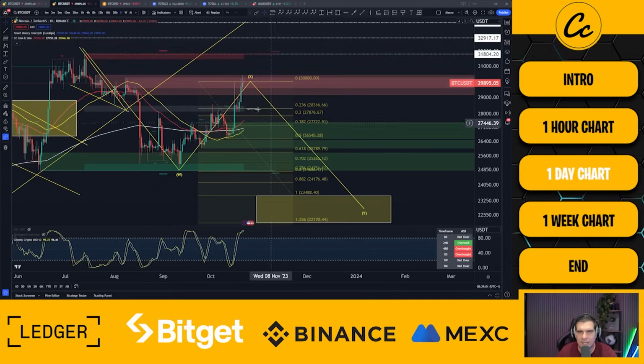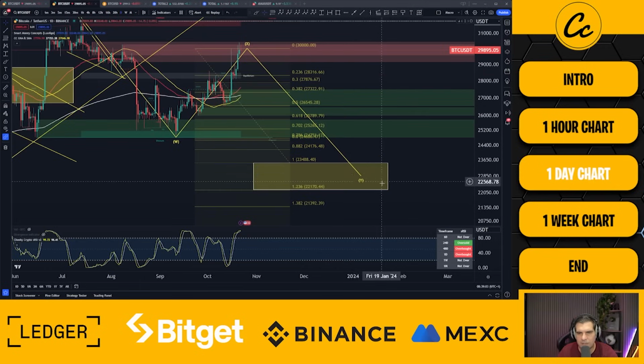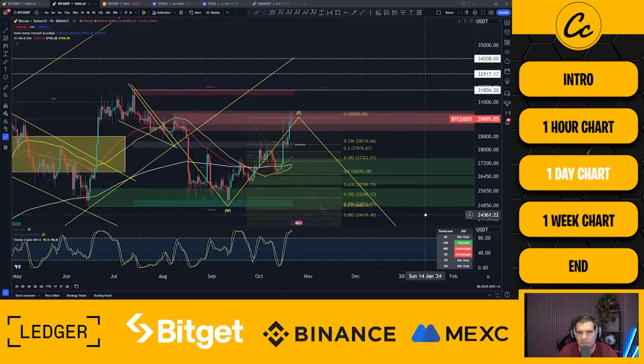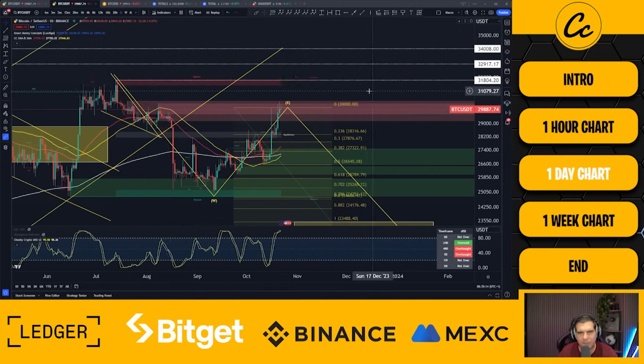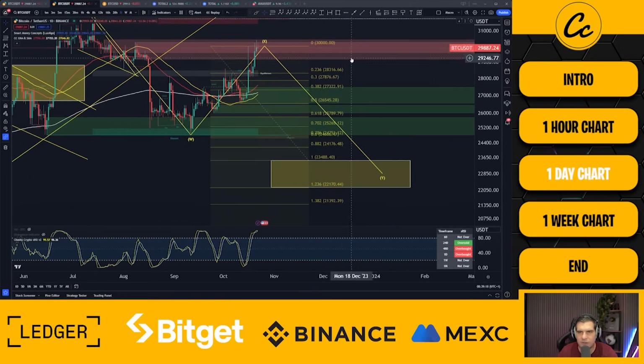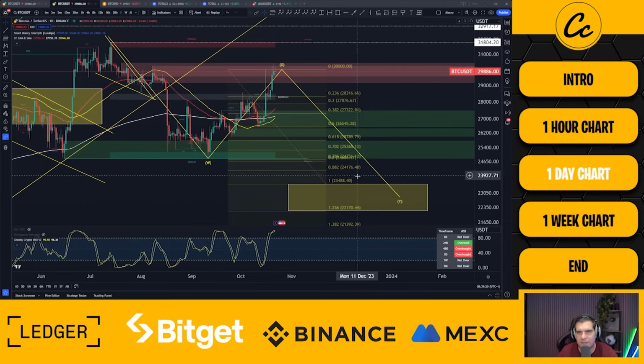So let's take this out into the daily. Our daily chart is still obviously looking for $22,000 to $23,000. The only way that that is broken is if we rally up higher than 31,804.20, which is this white line just up here, which will break our swing high. And then, of course, we can break out of this structure. It doesn't necessarily mean that it's completely invalidated, because we do run the possibility of seeing an irregular flat correction to get us down into this range.